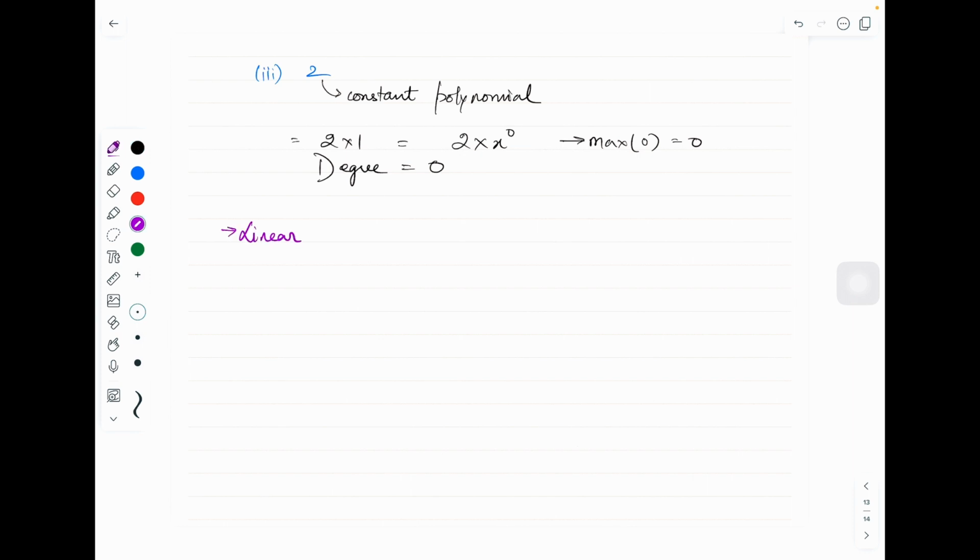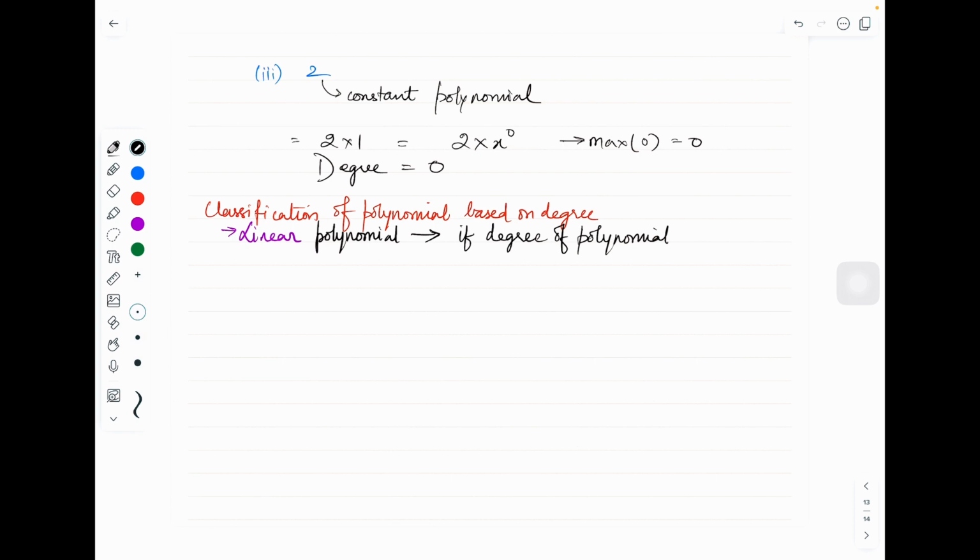Now, the term classification based on degree. This is classification of polynomial based on degree. Understood? First is linear polynomial. Linear polynomial if degree of polynomial is 1. Linear polynomial means degree of the polynomial is 1. Okay. If the degree of the polynomial is 1, see,